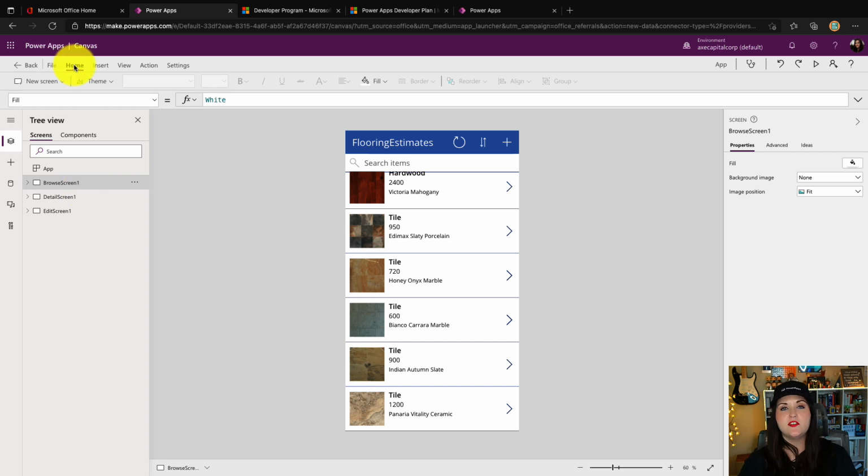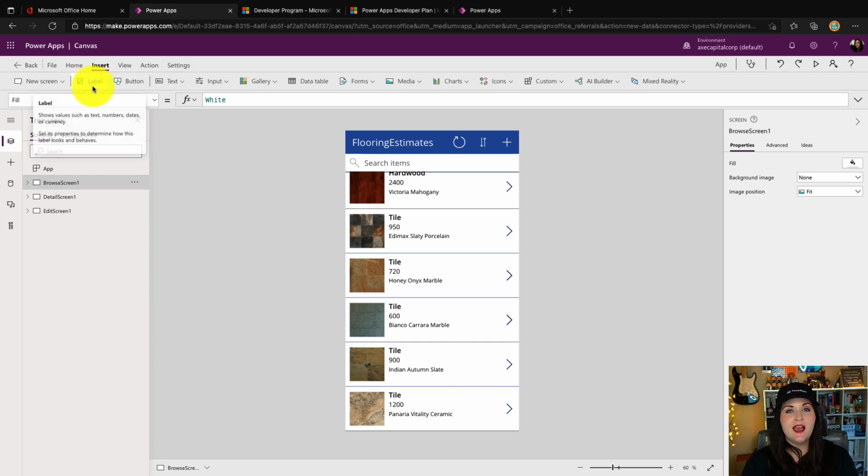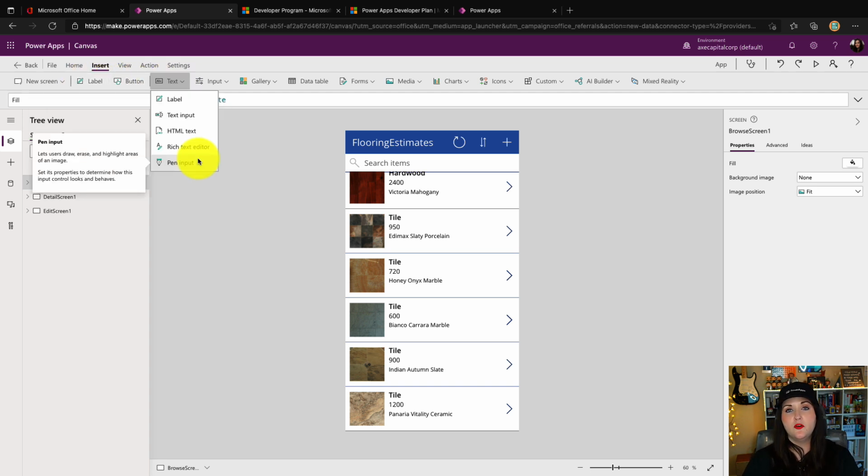And hopefully this looks sort of familiar to you. The look and feel is very similar to the Office applications or like PowerPoint. You see we have at the top here in the ribbon, we have an Insert tab. And this is where we can add all the different types of controls that we have available to us in a Canvas app. And these types of controls range from buttons and labels to different types of inputs like an